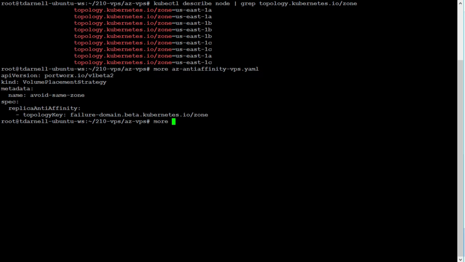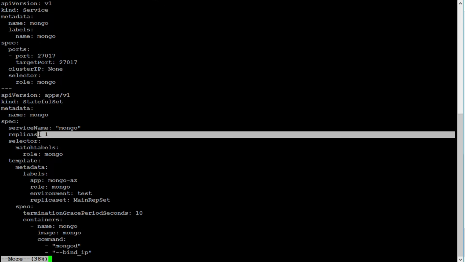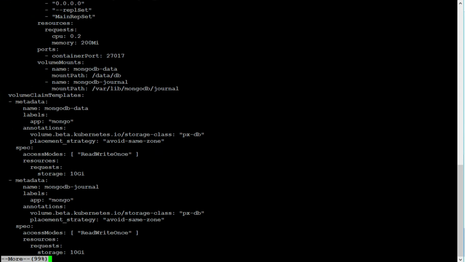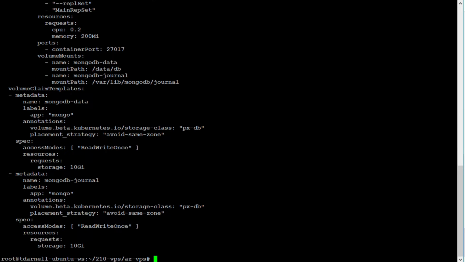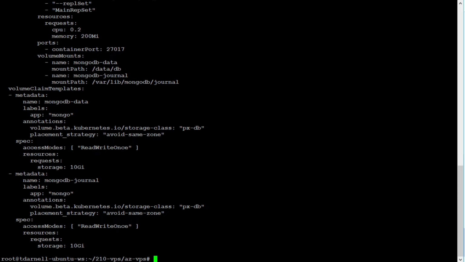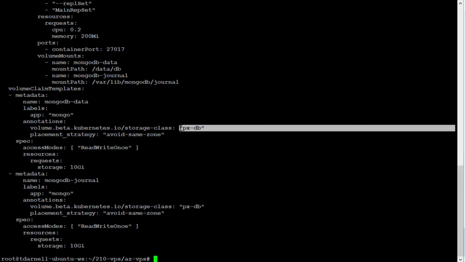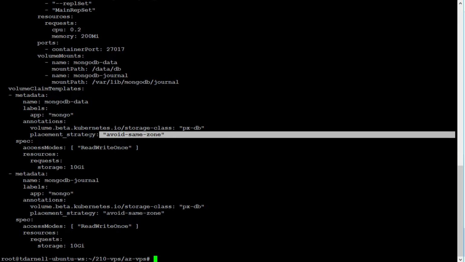So let's take a look at the Mongo deployment. This is just a simple stateful set for Mongo with a single Mongo replica. And in our volume claim templates, you can see we've got 1 volume for our MongoDB data and 1 volume for our MongoDB journal. We're using, again, our PXDB storage class with the replica set to 3. And this is where we